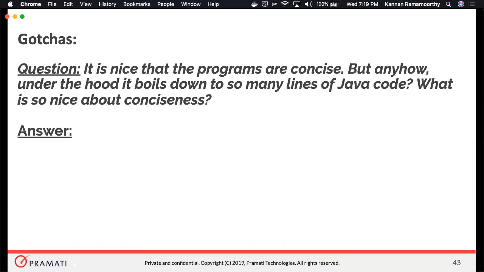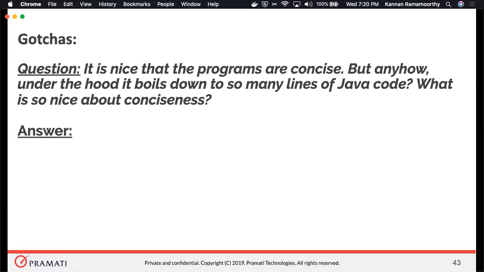And the next thing is, when I explained conciseness, you might be thinking that the Clojure code that we are writing will at last be compiled to a jar, which internally contains .class files, which might end up being many lines of code.